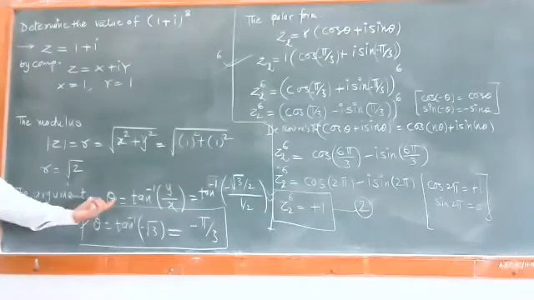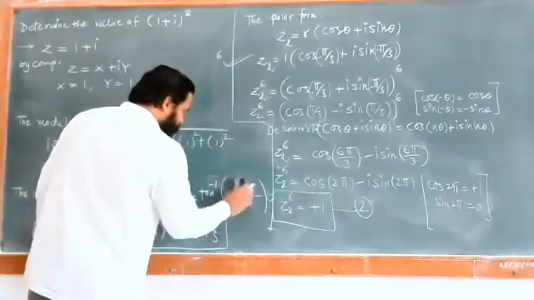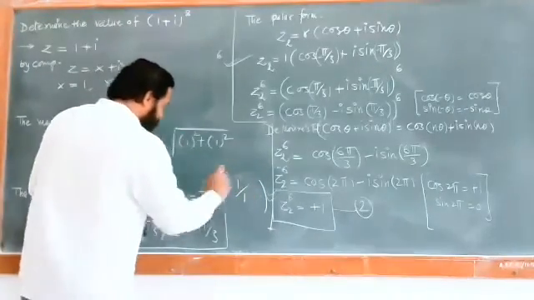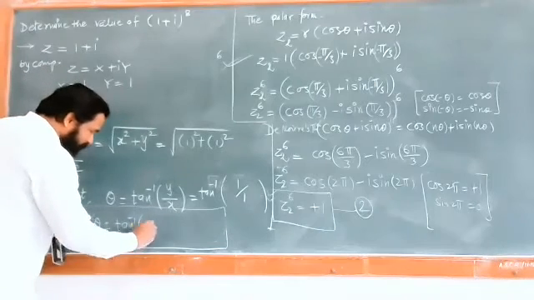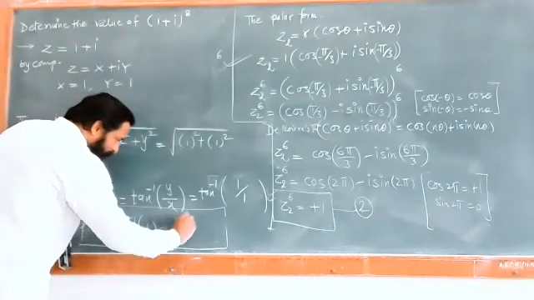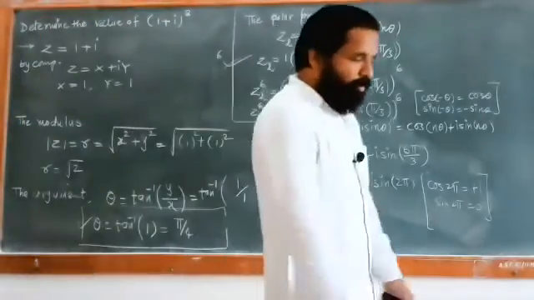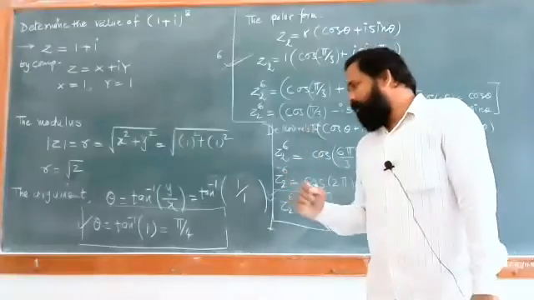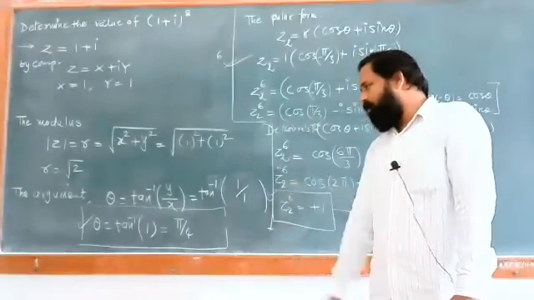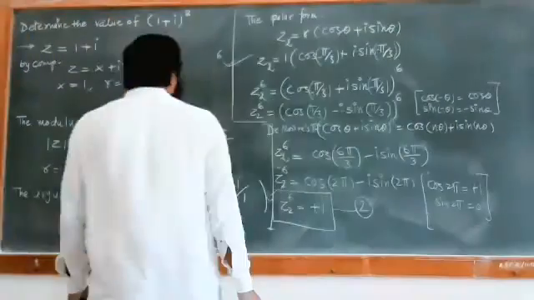What is the argument? Argument theta is equal to tan inverse y by x, and that comes out to be 1 divided by 1, and tan inverse 1 ची व्हॅल्यू जी आहे किंवा tan ची व्हॅल्यू 1 कुठे येते, so it is at an angle of pi by 4. लक्षात घ्या, sin of pi by 4 किंवा 45 degrees, that is nothing but 1 upon root 2, आणि cos ची व्हॅल्यू पण 1 upon root 2. So 1 upon root 2 upon 1 upon root 2, this is equal to 1, and so tan inverse is equal to pi by 4.